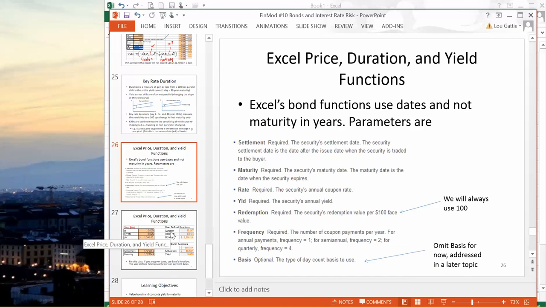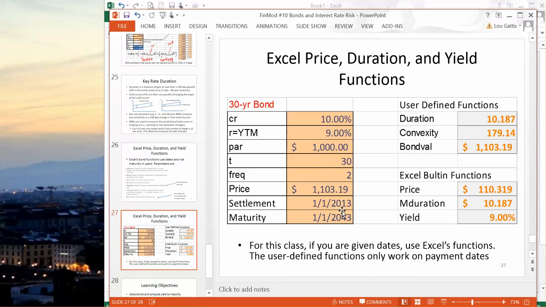And the last thing I was going to show you is you can use Excel's price and yield functions. They ask for the yield and the discount rate for the bond, but they don't ask for the maturity in years. What they ask for is the maturity date. So for example, if you had this information, you took a settlement of a bond on 1/1/2013 and it matures 1/1/2043, so that's a 30-year bond. Now we can use my bond value, duration, and convexity functions to calculate duration, convexity, and bond value, but I can use Excel's built-in functions